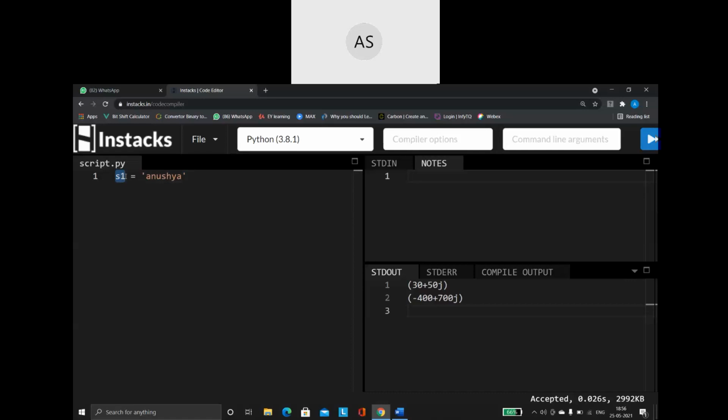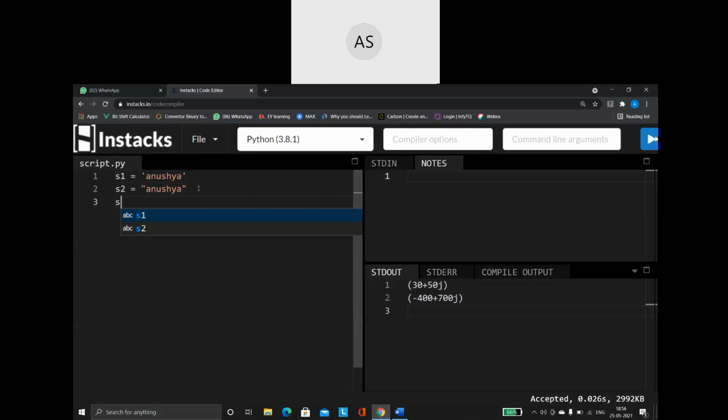Here my variable is yes1. Yes1 is equal to, within single quotes, I'm just going to give my name. Now, what is the other method? The second method is, let me say yes2. Yes2 is equal to my same name, but this time within double quotes. So first time within single quotes, second time within double quotes.